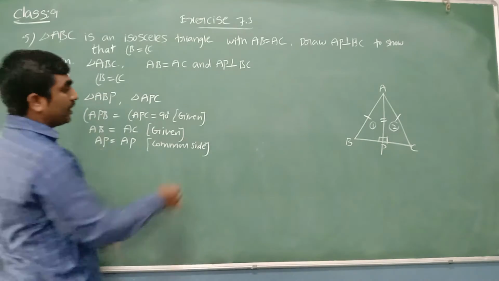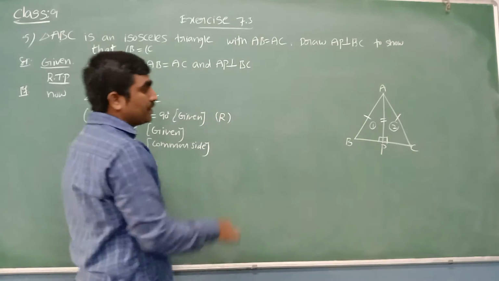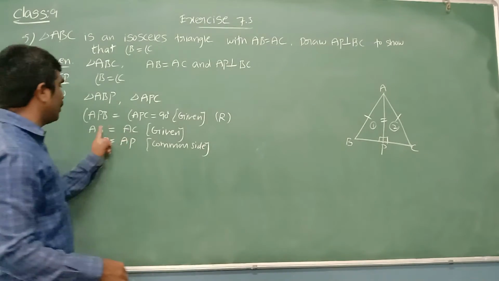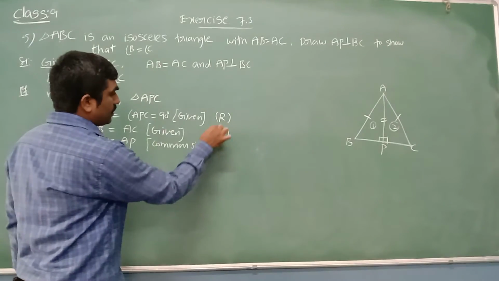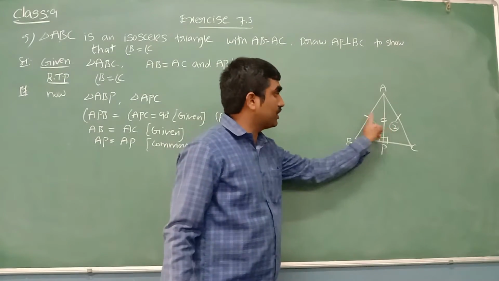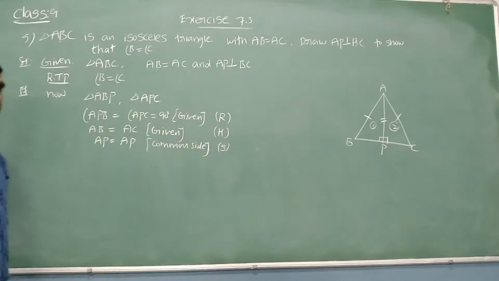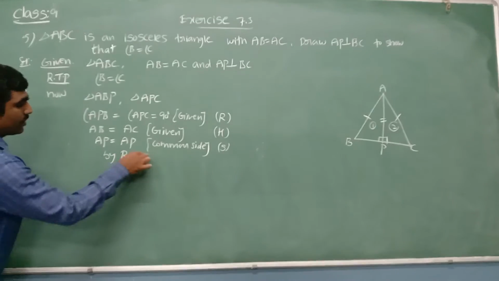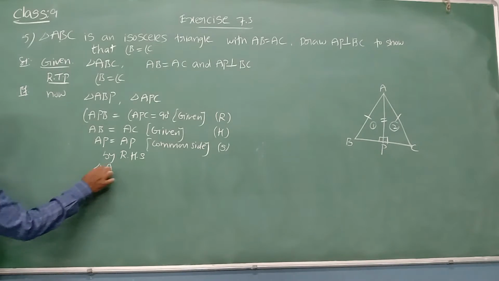Yes, in both the triangles, the right angle is equal. Opposite of the right angle is the hypotenuse: hypotenuse AB, hypotenuse AC. AB equal to AC. Their hypotenuses are equal, and one side is also equal. Now tell me, by which criteria are they both congruent? By the RHS congruency rule. Yes, we can say that by the RHS congruency rule, both the triangles are congruent.